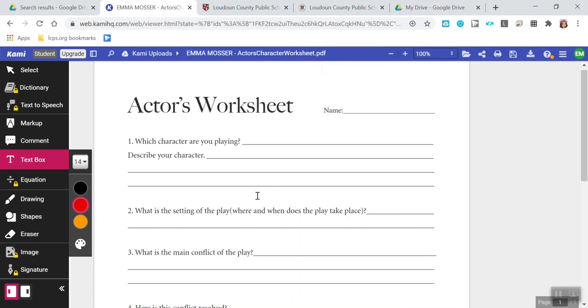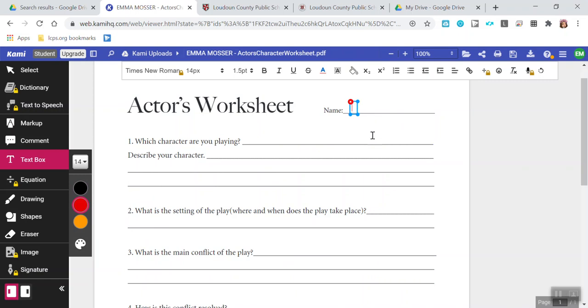All right, so one of the things that's cool about this is that whenever I have my students do this, I always ask them to type their answers either in bold or in a separate color from what the text color is. So since the text here is in black, let's go ahead and we'll do this in red. And what you can do is you click on text box, red, and then there it is. And basically what we can do is just begin typing. So type in Emma,